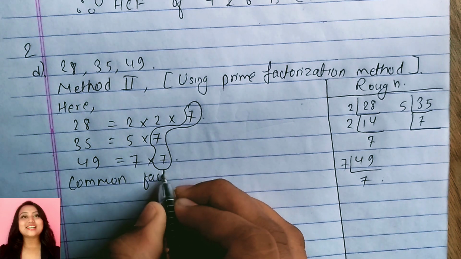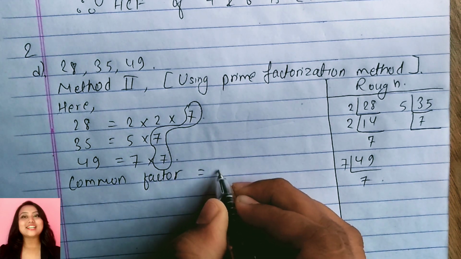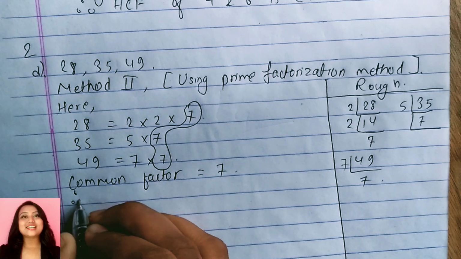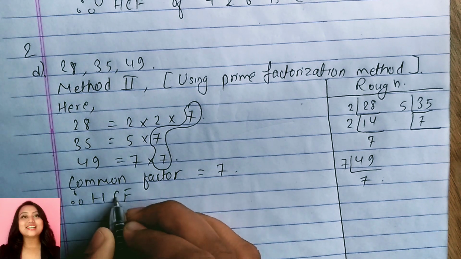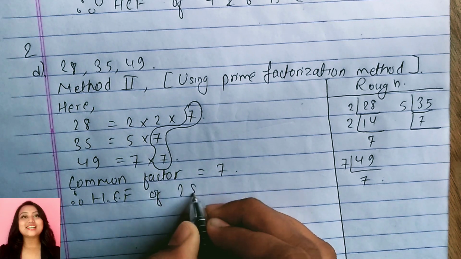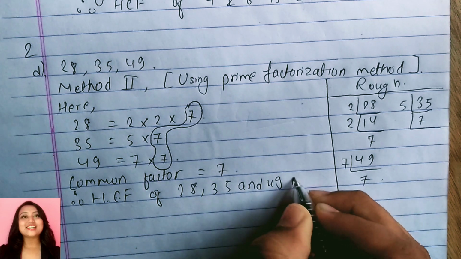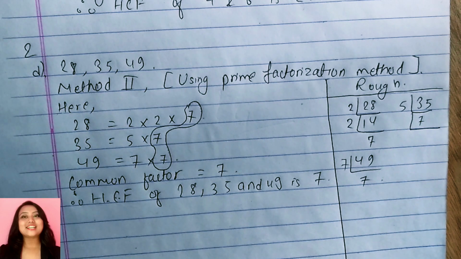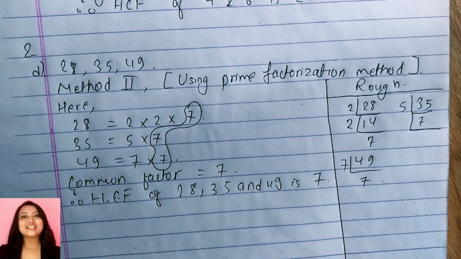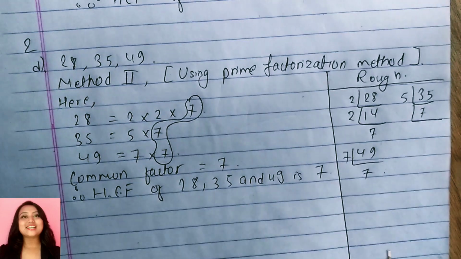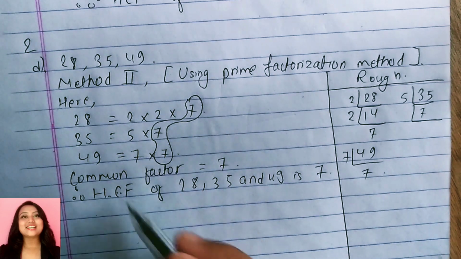Common factor equals 7. Hence, HCF of 28, 35 and 49 is 7. That's it. So here, in case, I'm just providing you a chance, like in case that in using the